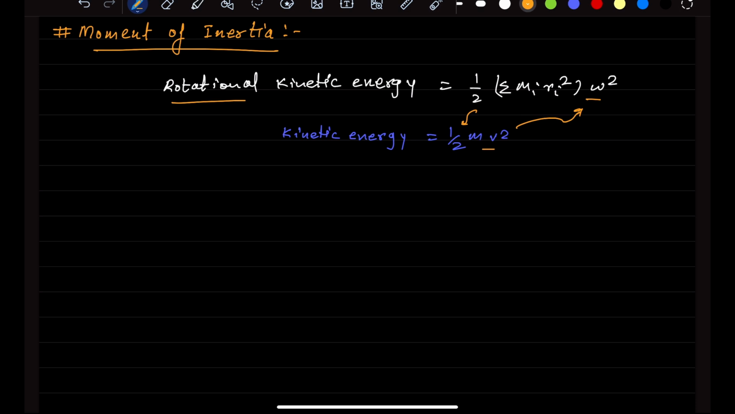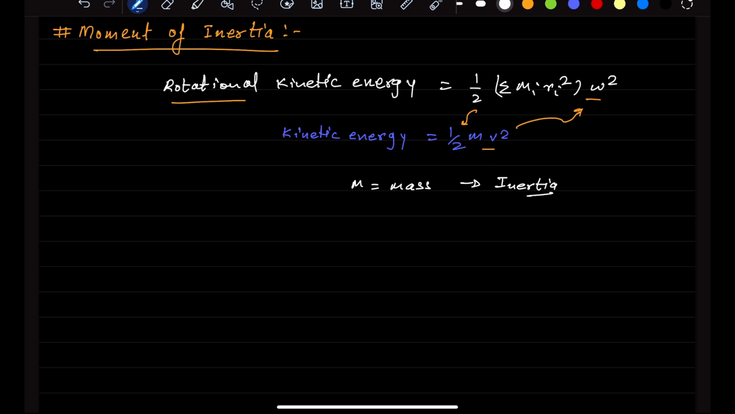Now here m is the mass in the translational kinetic energy. M is the mass, and mass is also known as the inertia. So we can say that the kinetic energy of a body in translation motion is half mv square, where m is the inertia of the translation and v is the velocity, right? In the same way, in the rotational kinetic energy, there is the term half sigma mi ri square omega square, where omega is the rotational angular velocity,